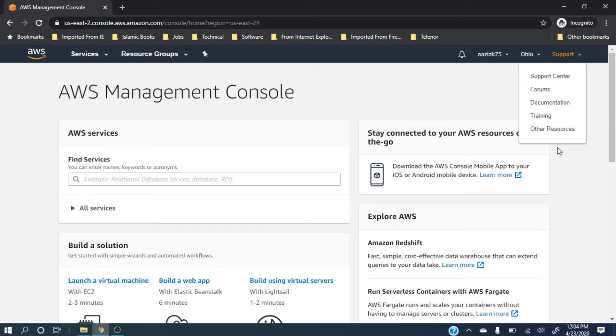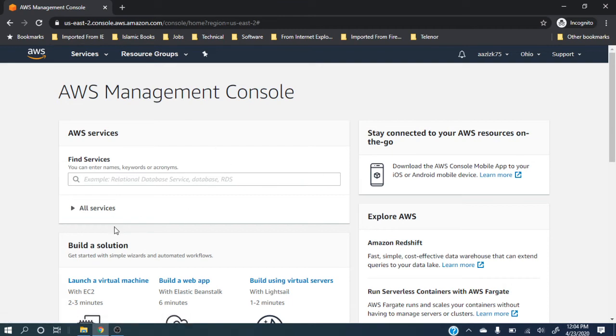Basic tier is almost, I think, $25 per month, and the best tier is $100 per month. Because I want to use it for free, I went with the free tier, but you can have any tier of support. There is support, there are forums, there are trainings as well. You can do Amazon trainings on this. But for certifications, you have to go and do certifications separately.